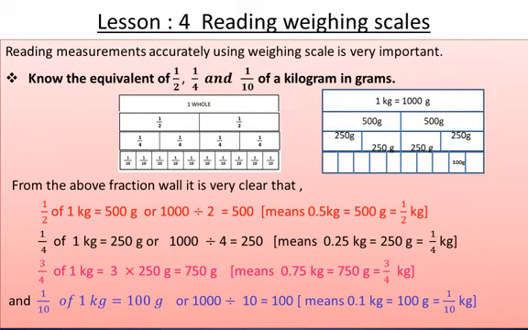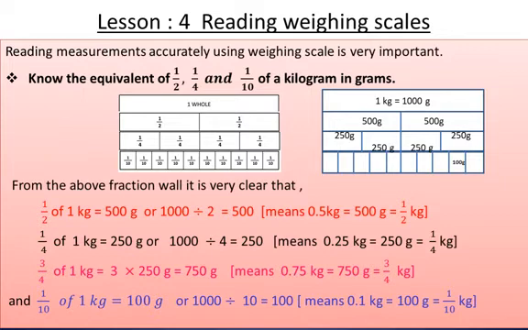Now 3 by 4 we also discussed in the fractions chapter. 3 by 4 is 3 times 1 by 4. It means 3 times 250 equals 750 gram. How will we write it as a decimal? 0.75 kilogram. When you are using a decimal, you should write kilogram, the biggest unit. If you are writing it in grams, you have to write 750 gram. And if you are using a fraction, you also have to use the big unit, kilogram.